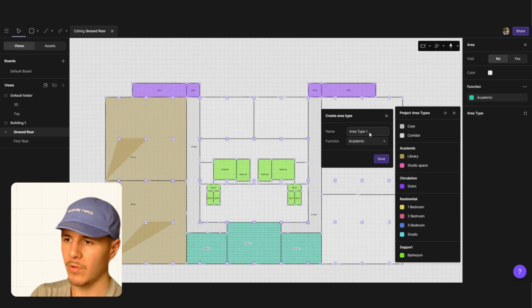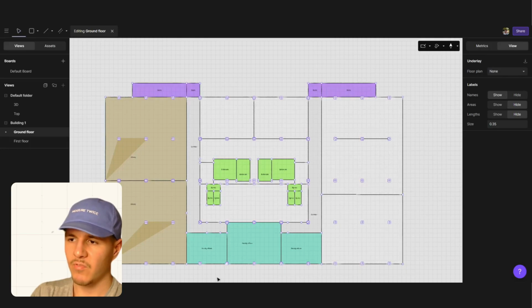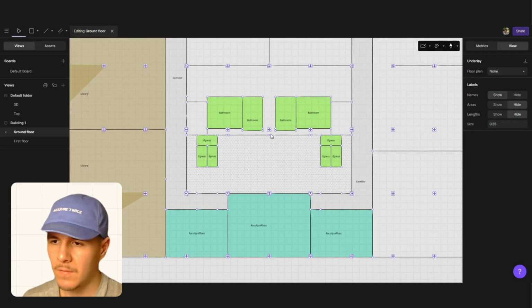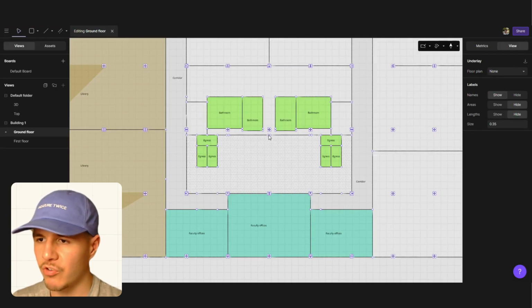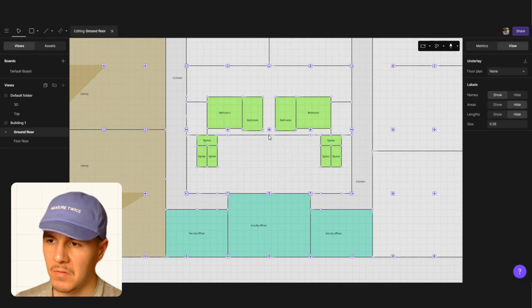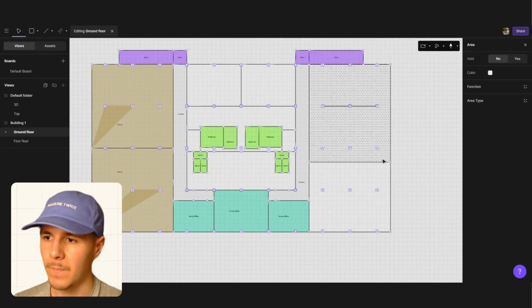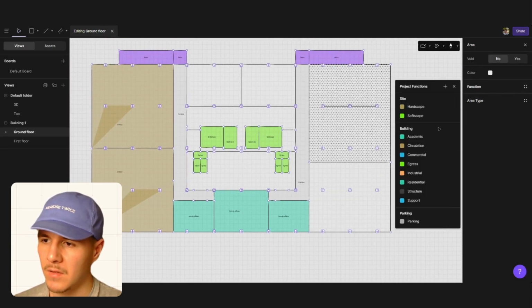And for these bottom ones, let's make them academic and make them faculty offices, which is one thing that kind of lacked so far. For this middle portion, that is a sort of entrance, or I might put that corridor space still because it seems to be fully open space, with no distinctions between